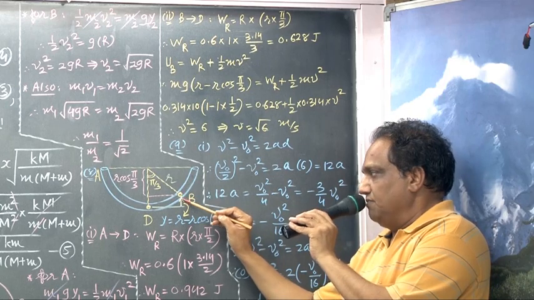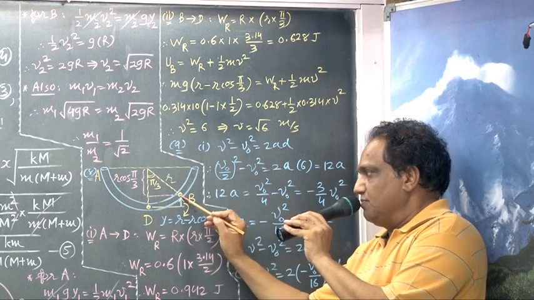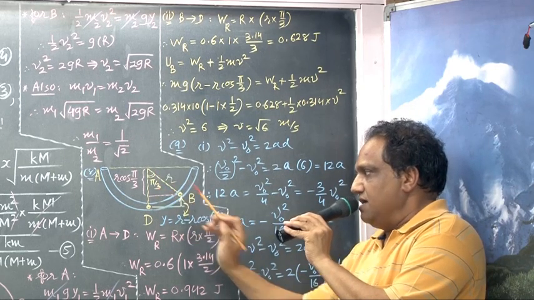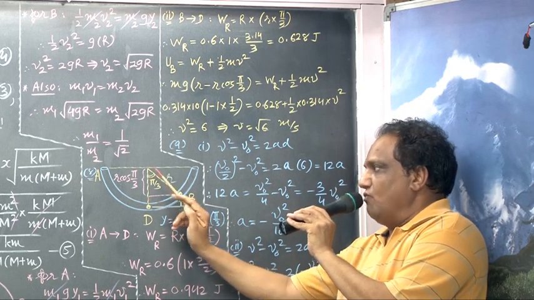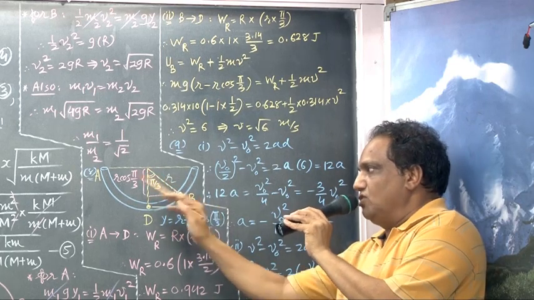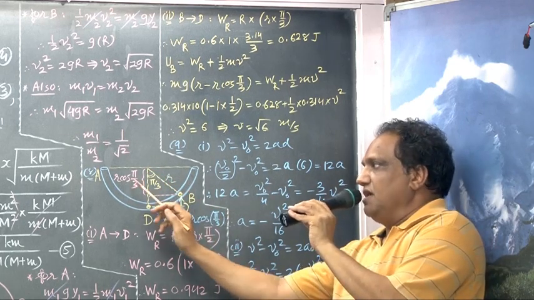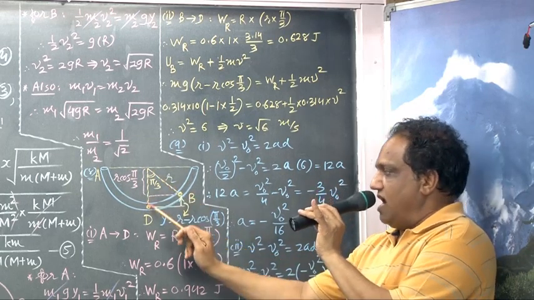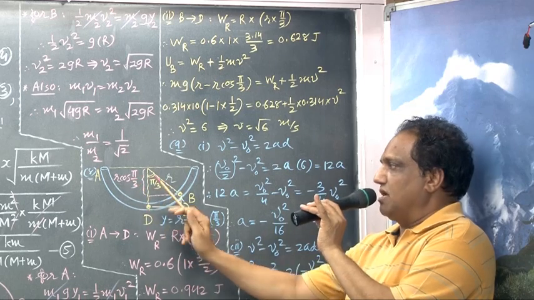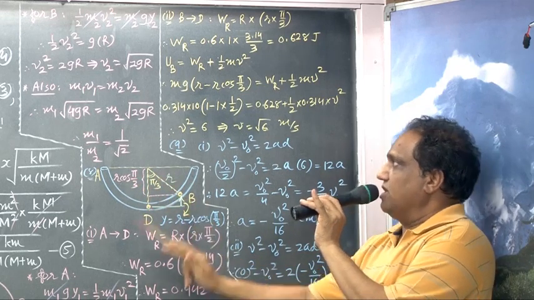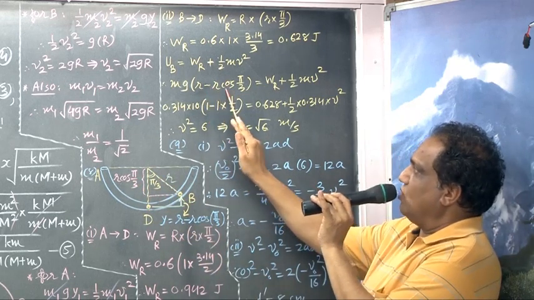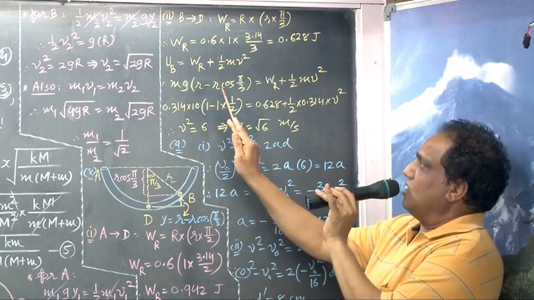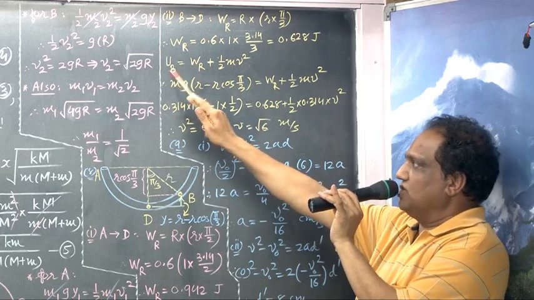Look here, this much. Total distance is r, minus this much distance. What is this? It is the component of r adjacent to the angle pi by 3, which is r cos pi by 3. So I should take r minus r cos pi by 3. R minus r cos pi by 3 will give me this much height. That is the loss in height, and that's why there is a loss in potential.